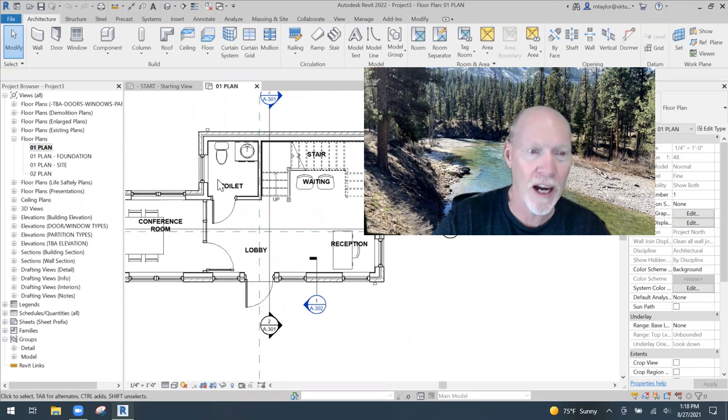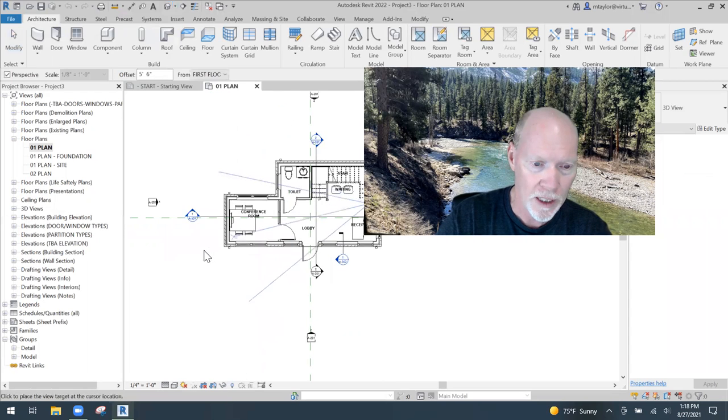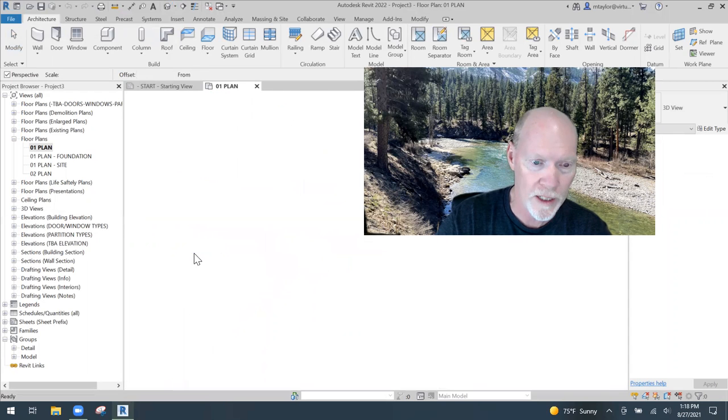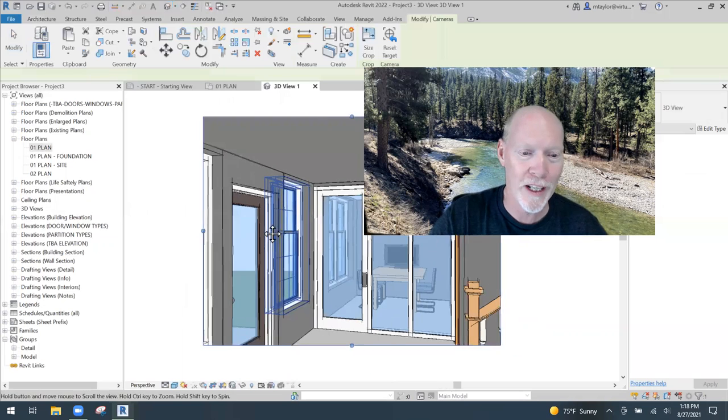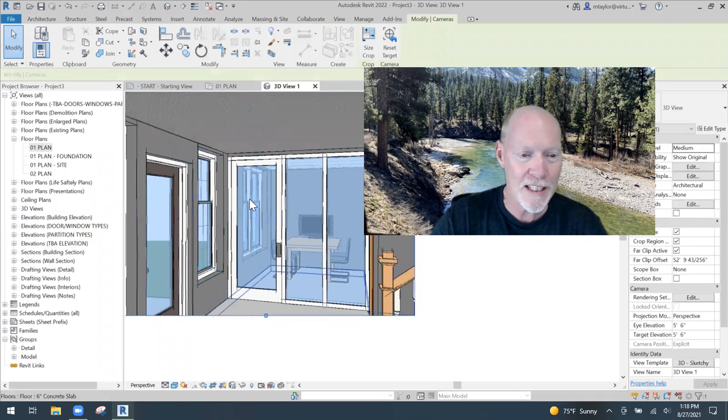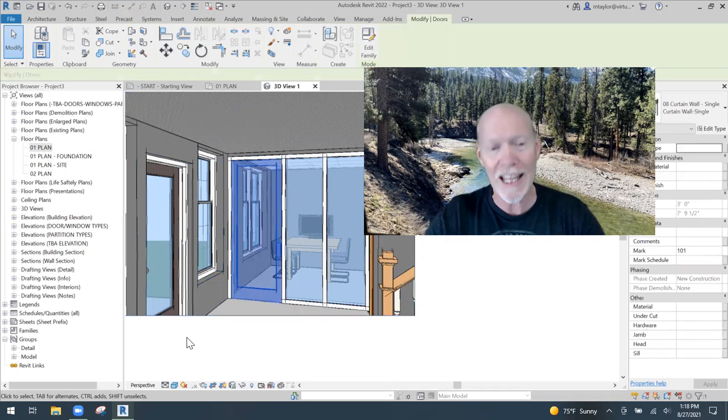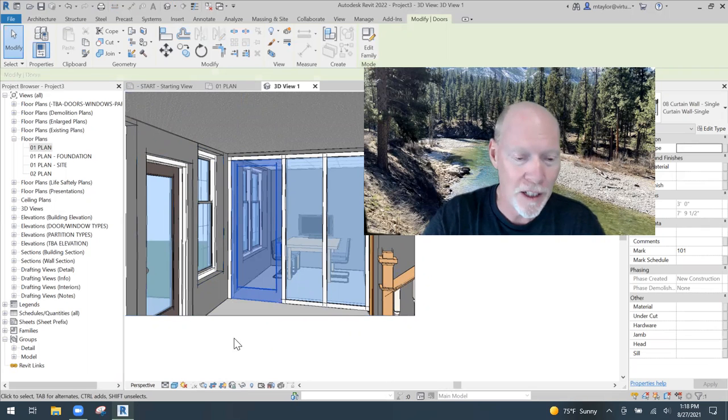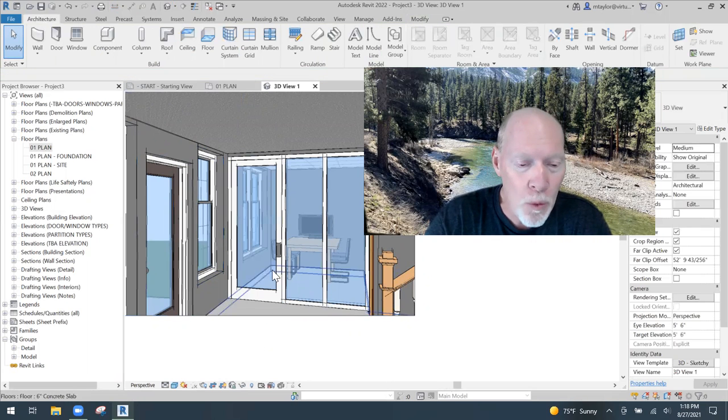In fact, if I go up here to the little house at the top and do the drop down, I can put a camera in. I'm going to stand way back over here by the stair and look toward this. And what do we got? There it is. Okay, this is the glass door that I'm talking about. Let me just highlight it. Boom, right there. That glass door is just wonderful and all,